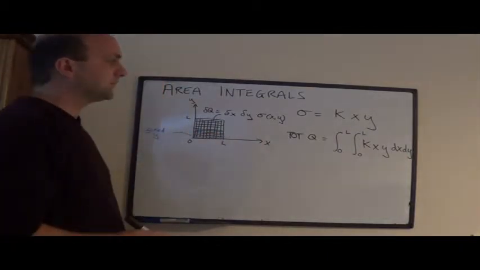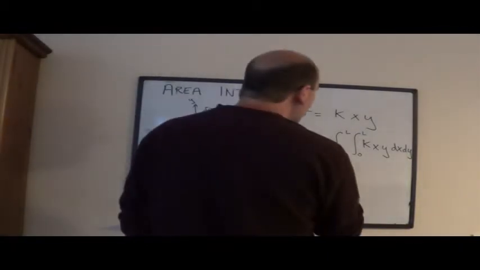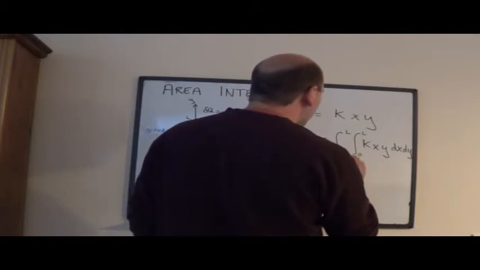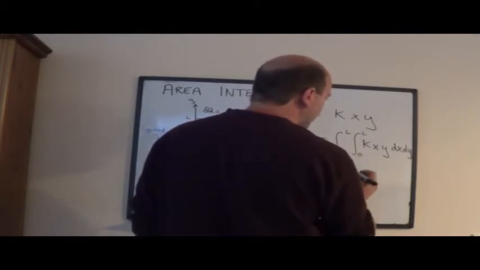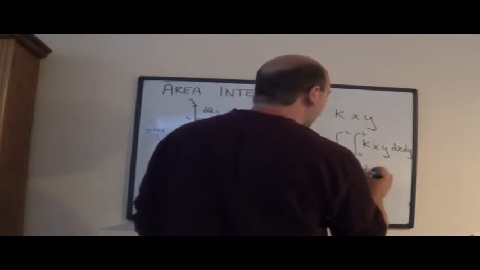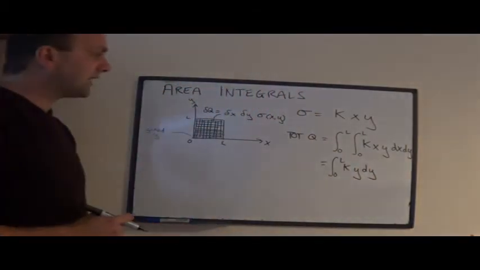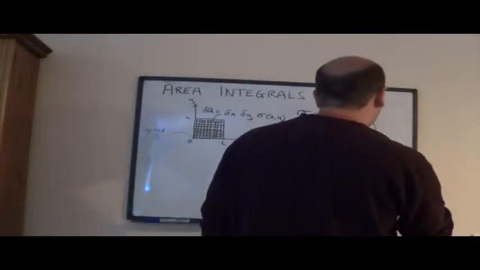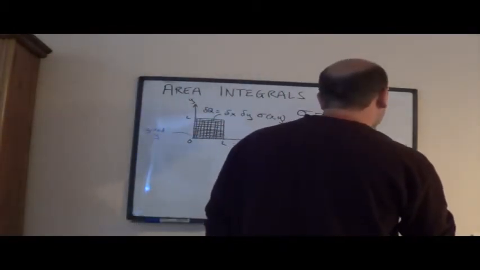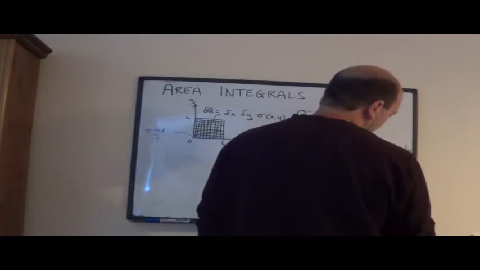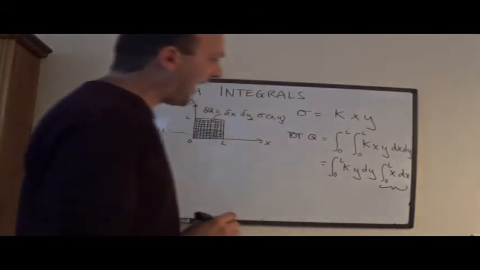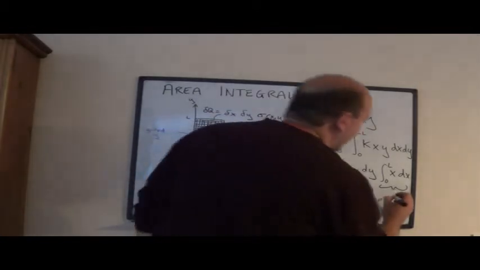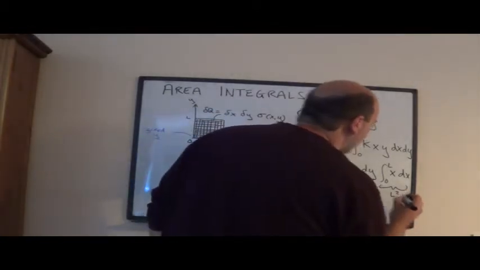from left to right. Because I'm at fixed y, I can just bring anything relating to y, or indeed the constant k, out the front. None of that stuff is going to change as I move in this x direction, and I do the sum from 0 to L of x dx, and that goes to x squared upon 2, and putting in the limits, I get L squared upon